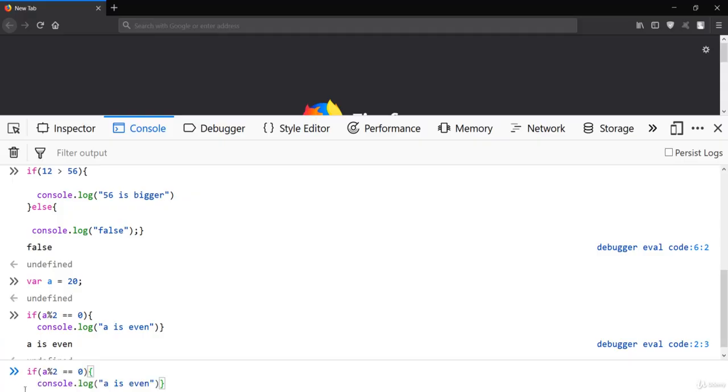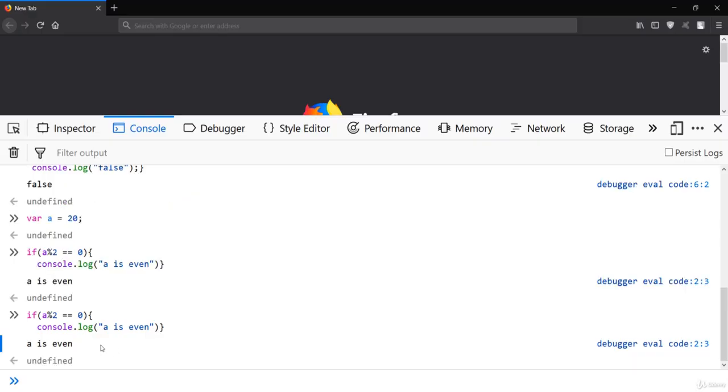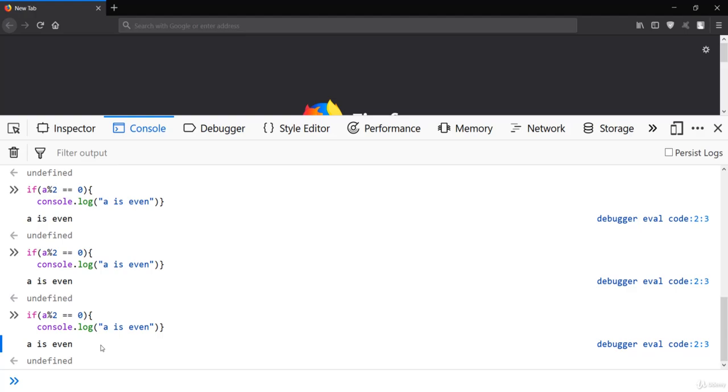So if you just make use of this code, and let me just go right down here, you can simply see that we're not taking the condition for the else.